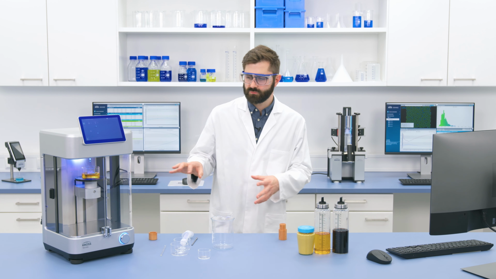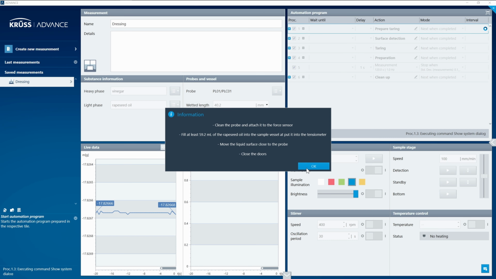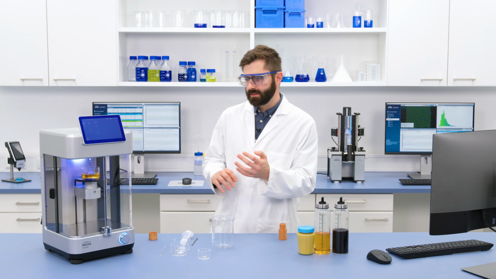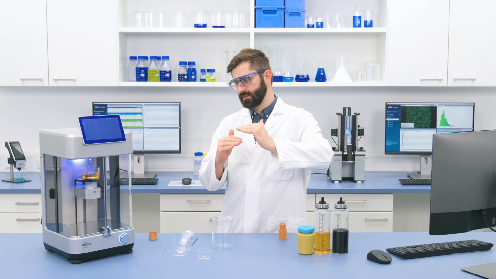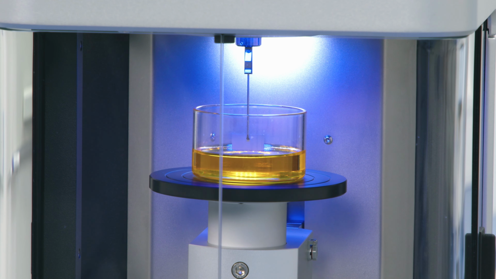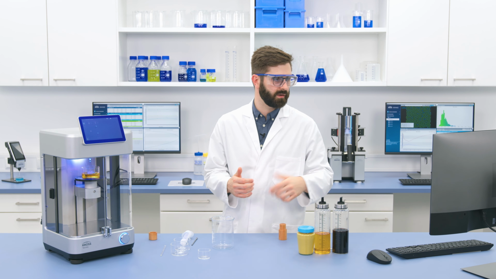So now that everything's ready, I can go back over to Advanced and click OK to start the first part of the measurement. Now what will happen is we need to find out what the buoyancy force of this plate in my oil is before we can start the rest of the measurement. So Tensio will dip the plate into the liquid a little bit, just as much as is needed to cover the plate. And then it will measure the buoyancy force of that. That will then be information we use for the next part of the measurement.